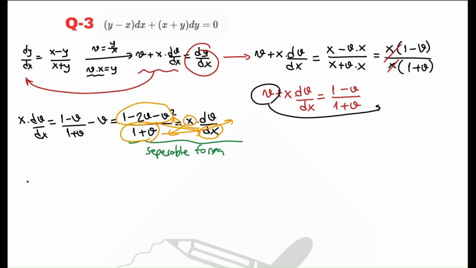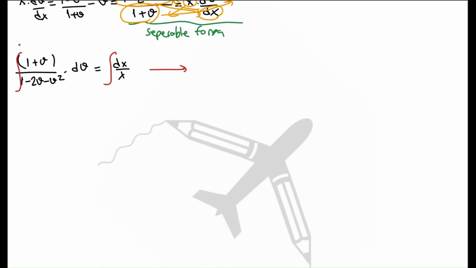What do we get? 1 plus v over 1 minus 2v minus v squared times dv, and it is equal to dx over x. And let's make the integration, and this integration is quite hard, so let's do it separately,